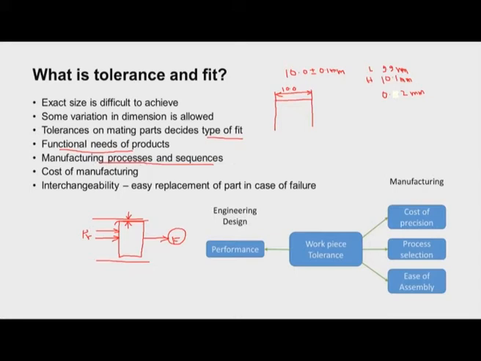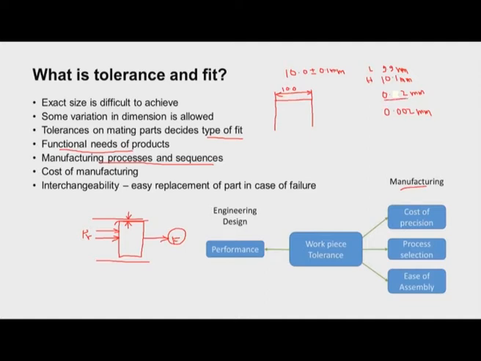If you can see this picture, this is the workpiece tolerance. It will have some effects on the manufacturing aspects. It will affect the cost of the precision. If the tolerance is very tight, for example, instead of 0.2 he specifies 0.002 millimeter, then the manufacturing section has to select very good or precise machine tools like grinding machine or lapping machine, thereby the cost of the product will increase. And if it is loose but it